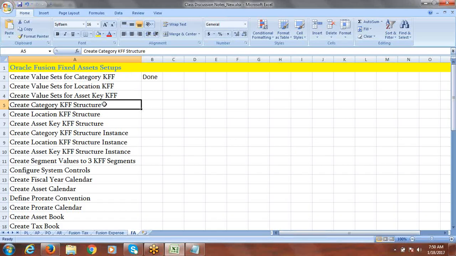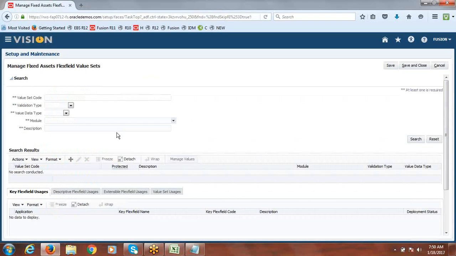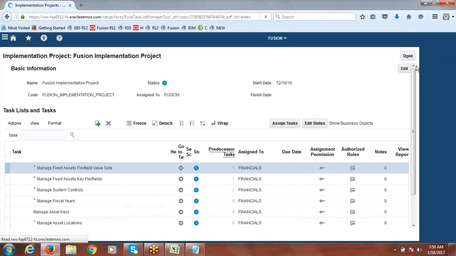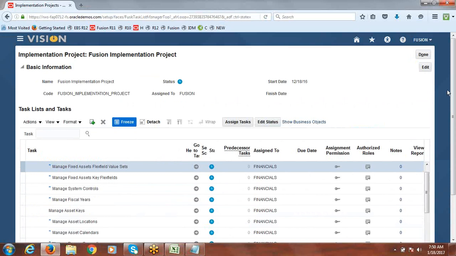Now we'll create the category key flex field structure, then the category key flex field structure instance. To create two segments, we require two value sets, and the two value sets are created. Now we'll create the structure and segments. Go to this task: manage fixed assets key flex fields.